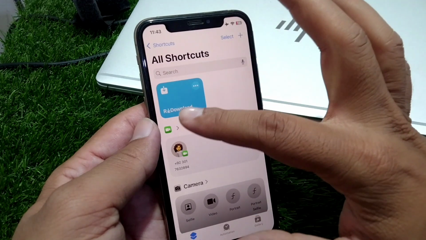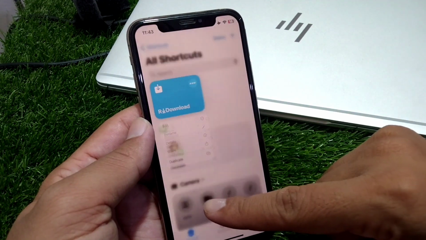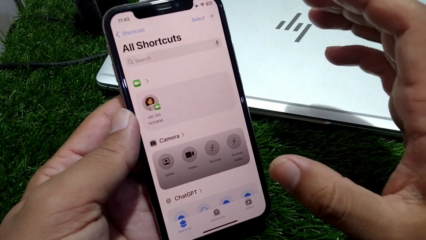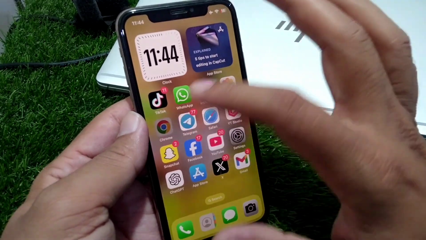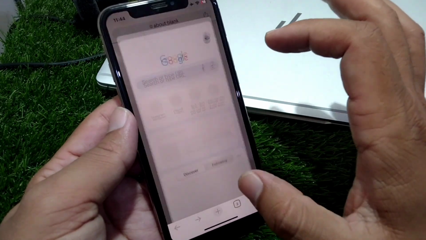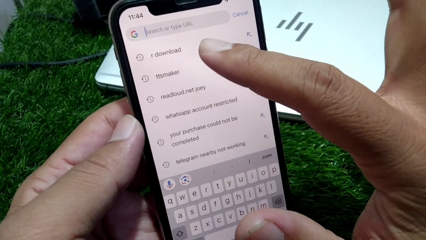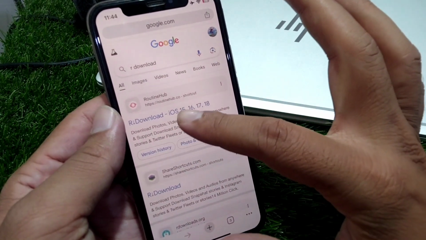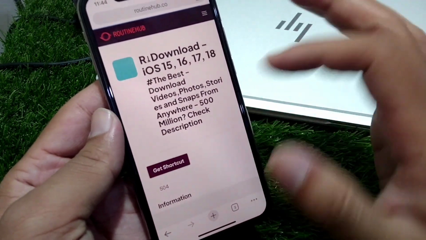and now press and hold R download from here and then tap on delete and then tap on delete shortcut. So guys, delete it one time and after this open any browser and search here for R download. So guys, here you can see this, simply search here for R download and then go to R download from here and tap on get shortcut